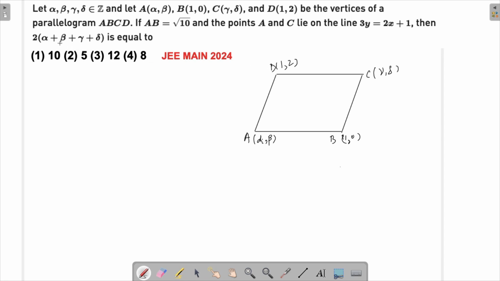We are supposed to find out the value of this, while the length of AB is also given as root 10, and then also this AC is lying on a line which is given as 3y equals 2x plus 1. So all this information is given, but what we will realize is that this and this are not going to be required when we try to find out,